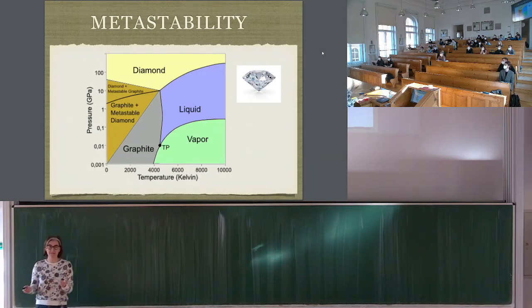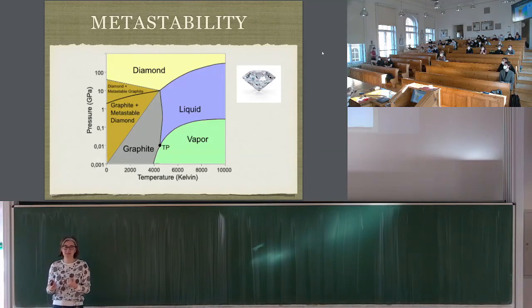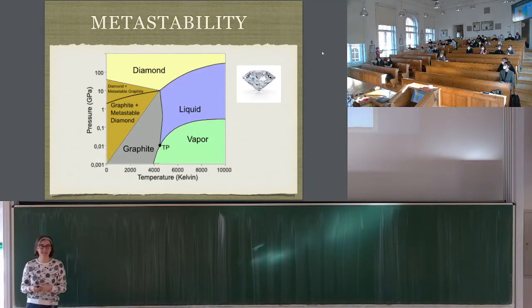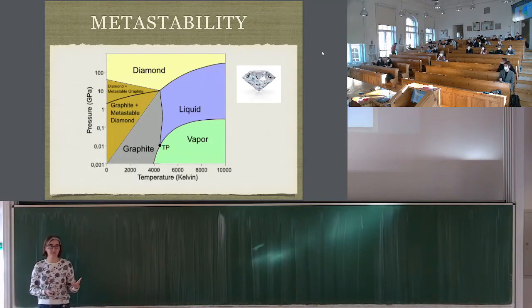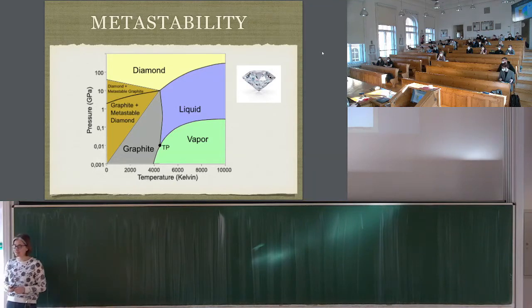But it never happens, right? When you buy a diamond, maybe you're a bit young, but say in a few years when you may buy a diamond ring for your fiancé, you're not afraid that it will turn spontaneously into graphite. So diamond is a surprising case, where you can see that metastable states can be incredibly stable for a really, really long time. And we will come back to that.